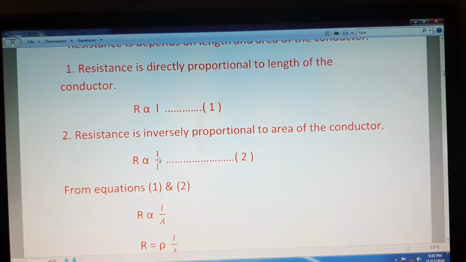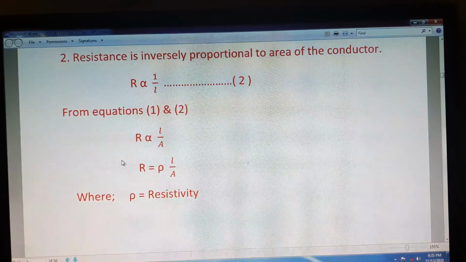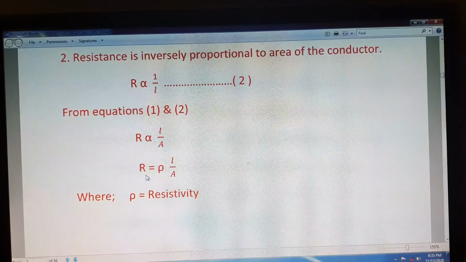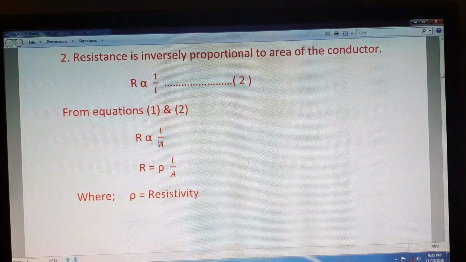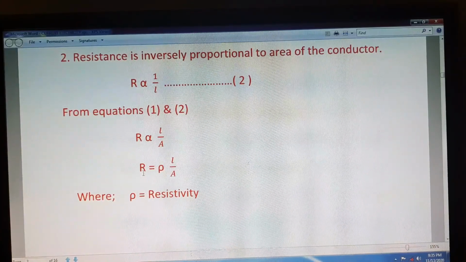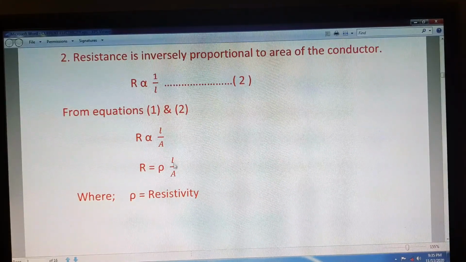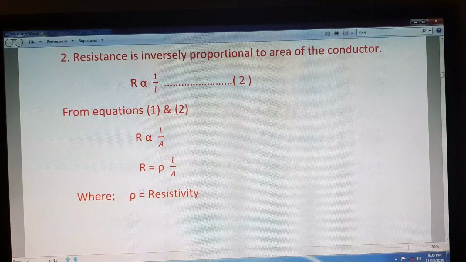R proportional to 1 by A. So equation 1, R proportional to L. Equation 2, R proportional to 1 by A. From equations 1 and 2, R proportional to L by A. We can eliminate the proportionality: R is equal to some constant, called rho, into L by A, where rho is called